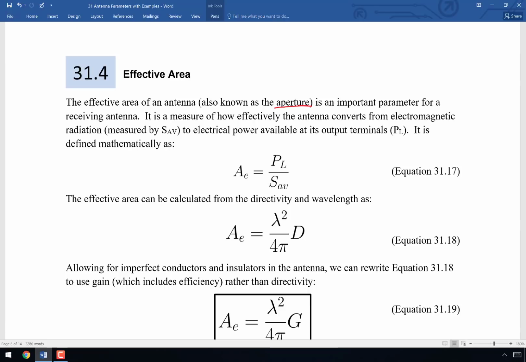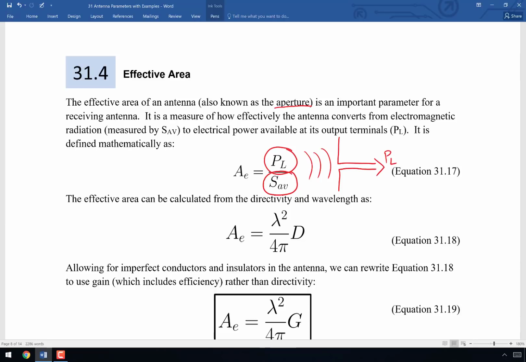And so effectively what we're going to do is we're going to say you take however much power is available in the air, that's the S average, the average Poynting vector, you divide that into the power that's available at the terminals of the antenna. So now I'm going to draw the antenna coming the other direction, and I have signals that are coming into the antenna, and I want to know how much power is coming